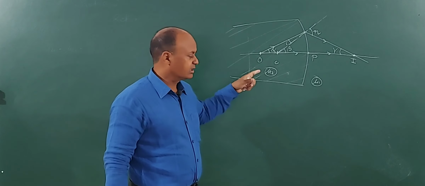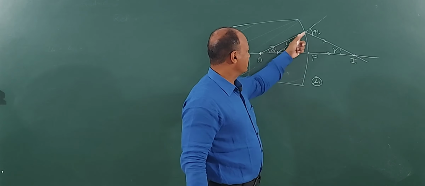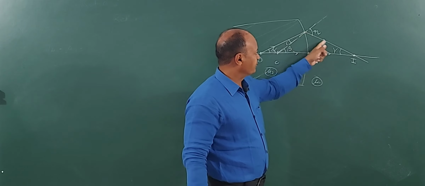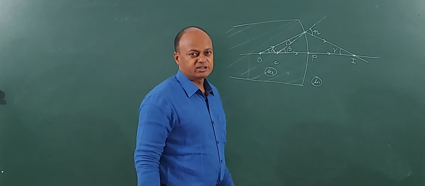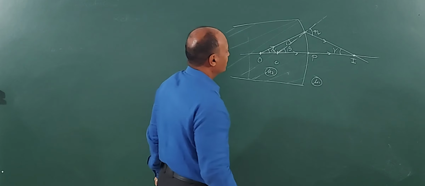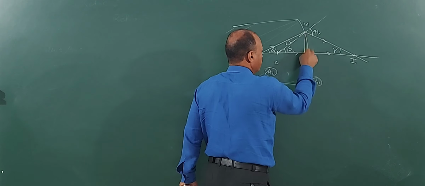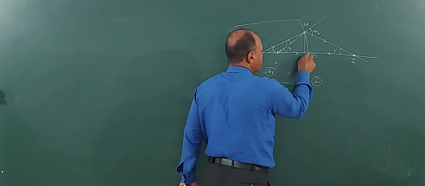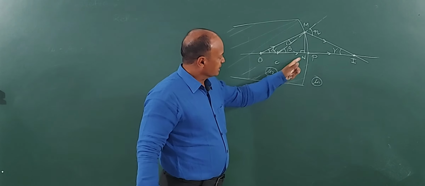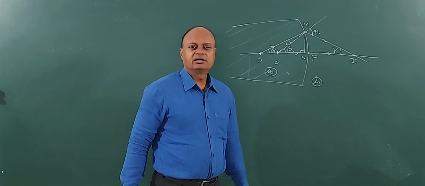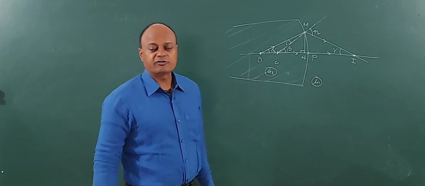Two rays are being taken. One is through the pole, it will go straight, undeviated, and the other one is incident obliquely, it will be bending away from the normal. So, these two rays are meeting at point I, so I becomes a real image in this case. Clear? This is point M, like before. From point M, I am dropping a perpendicular MN, and I am assuming that points N and P are coincident, or very close, because distance will be measured from point P and not from point N.